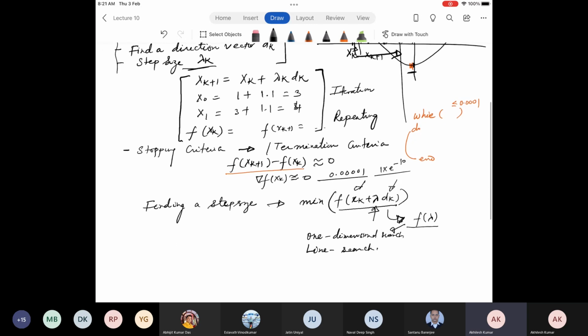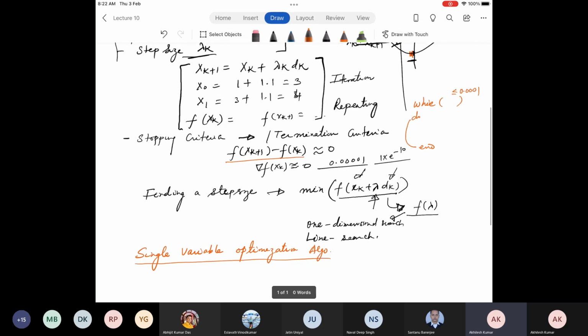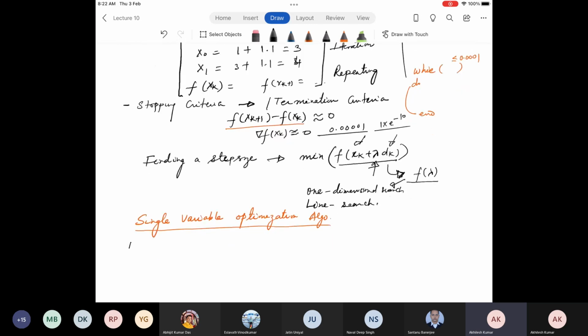First I am going to talk about single variable function optimization algorithms, and then I will go to multiple variables. Even in multiple variables, we will move in one direction and then the next direction. So it boils down to line search only. So in single dimension, we will see line search